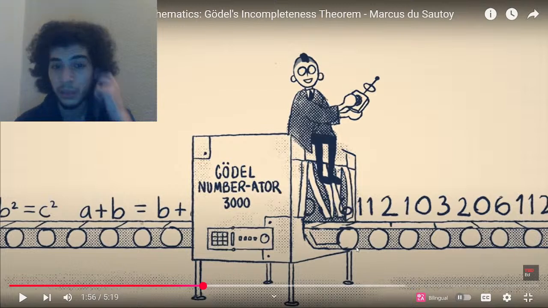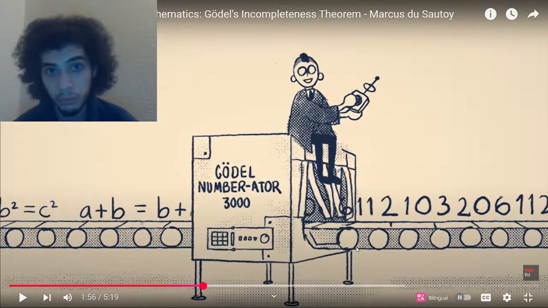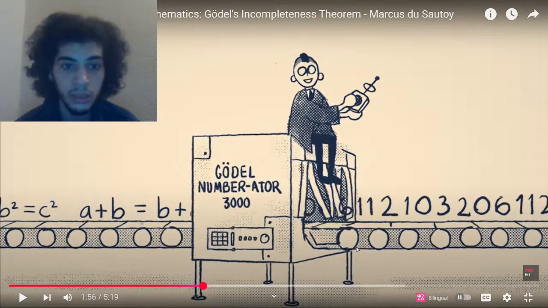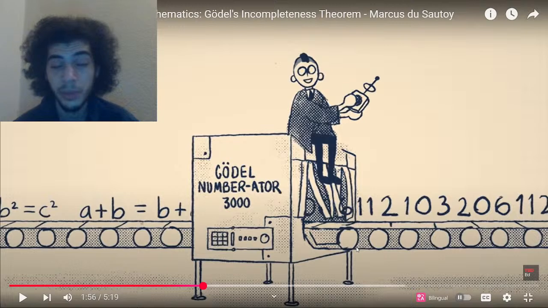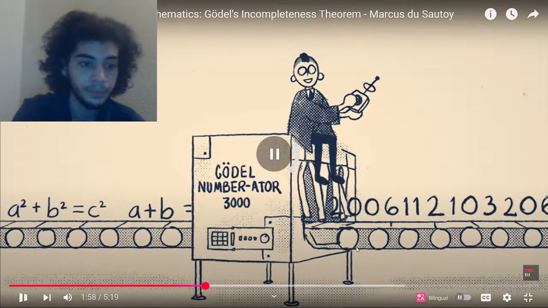I'm not saying the proof is wrong. I think the proof is 100% right. It only encompasses systems, and those are most systems that we deal with, but it only encompasses systems that can be represented as numbers. Into code